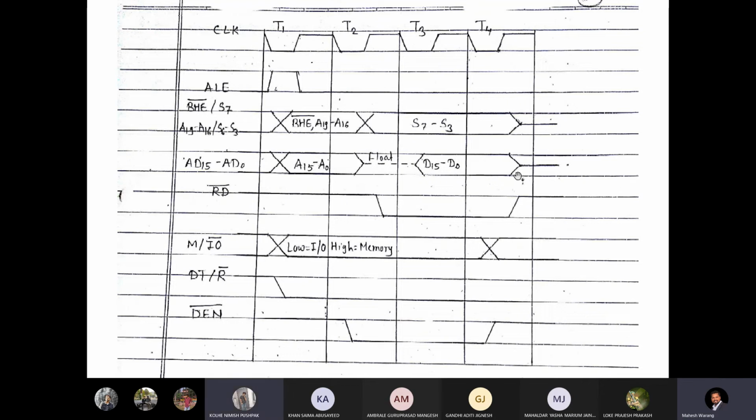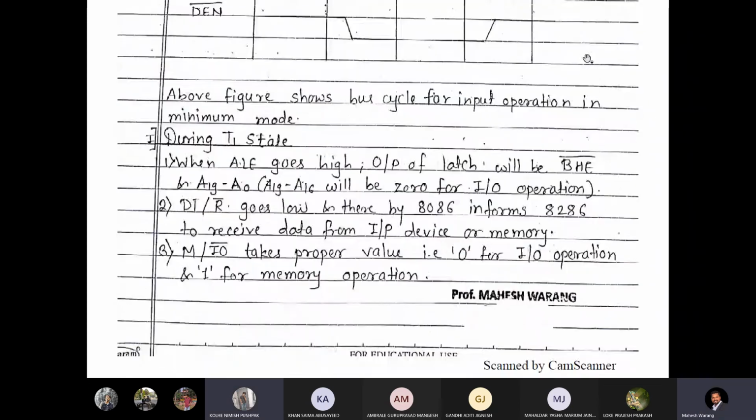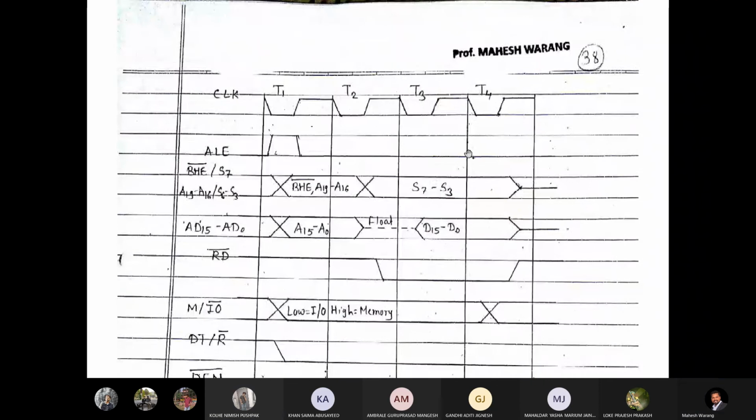फिर सर T5 में फिर वापस ALE हाई होगा? हाँ, उसके बाद T4 के बाद फिर से ALE हाई होगा नेक्स्ट ऑपरेशन के लिए, समझा? अब ये एक मेमोरी रीड खत्म हो गया, जैसे उसके बाद मुझे IO राइट करना है, तो उसके लिए फिर से नेक्स्ट ऑपरेशन चालू होगा अब इधर से। गेटिंग इट? यस।